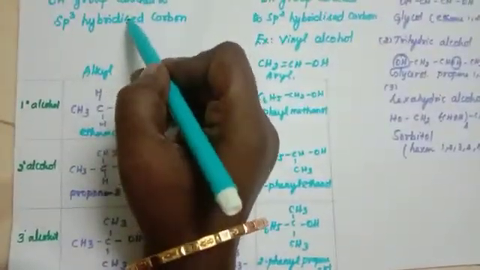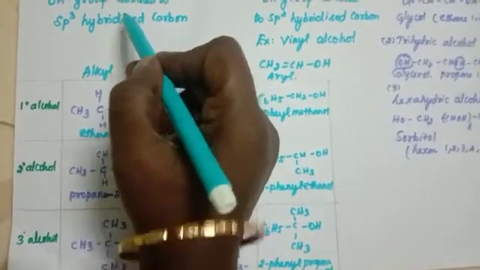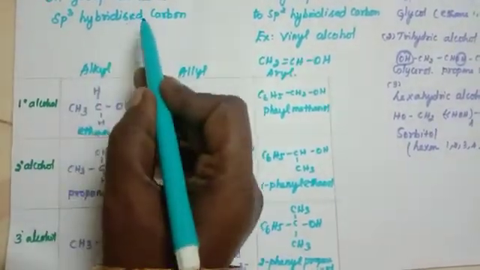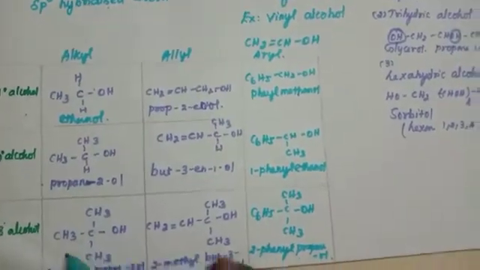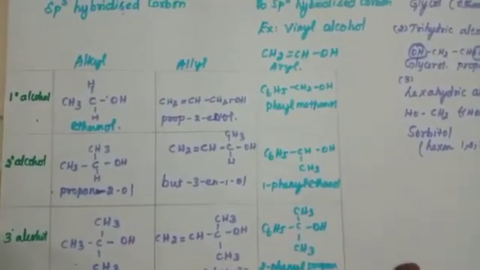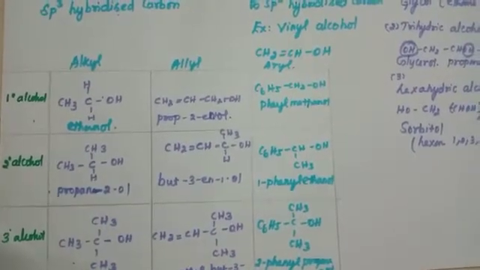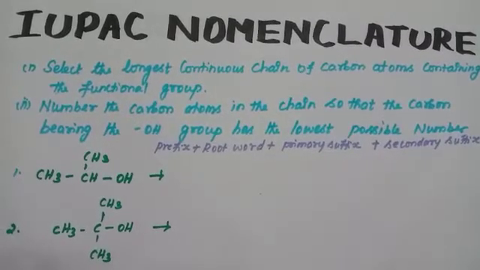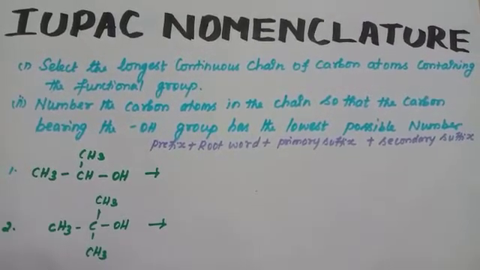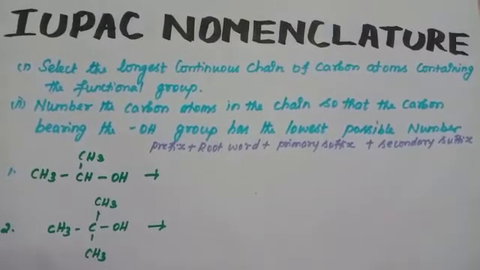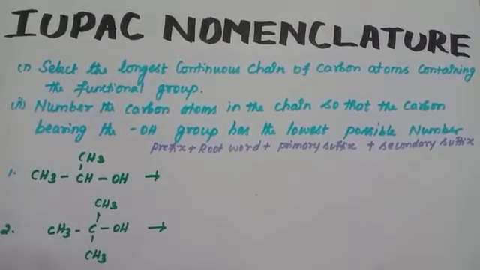The OH group attached to sp3 hybridized carbon is classified into three types: OH group attached to alkyl group, allyl group and aryl group. And this compound is again classified into primary alcohol, secondary alcohol and tertiary alcohol. These are all the classifications of alcohols. Come students, let us learn the IUPAC nomenclature of hydroxyl compounds. In 11th standard, we had a detailed study about this topic. Let us recall the basic rules to name the hydroxyl compound.